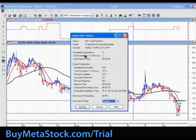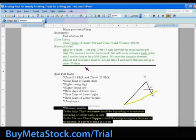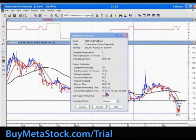The first scan, while that runs, is going to look for, I didn't pre-filter it. These are not included in there, the core rules and personal rules. It's doing a bull pullback, and it's looking for this stuff. The second scan does this stuff. So right now, the first is looking for a bull pullback, and the second scan is looking for this stuff. If I would have pre-filtered it, it would look for all 3 things. So we're defining this sheet that we're looking for. Right now it's through 700 of those 2,200. If I would have put a pre-filter in, then the bull pullback, then the resistance expanding,